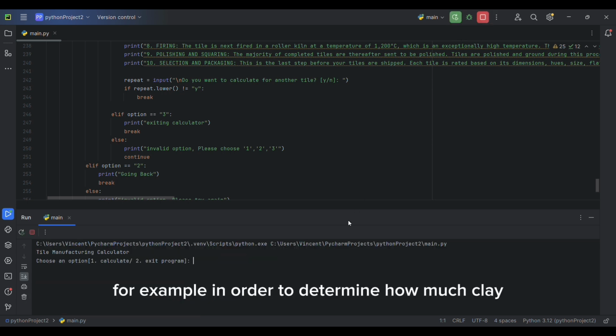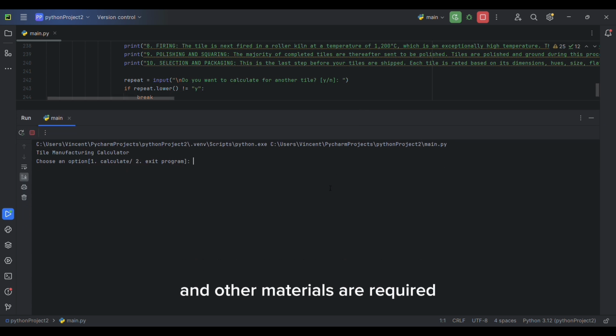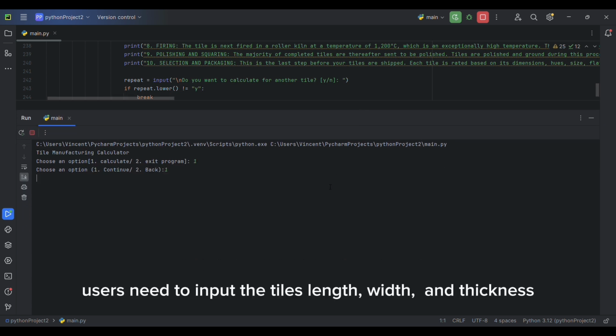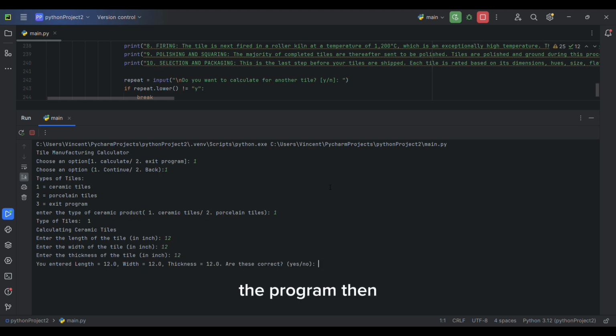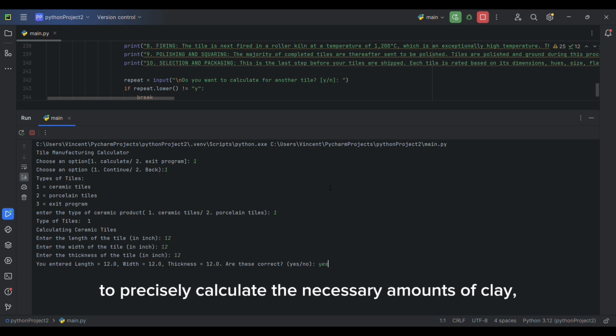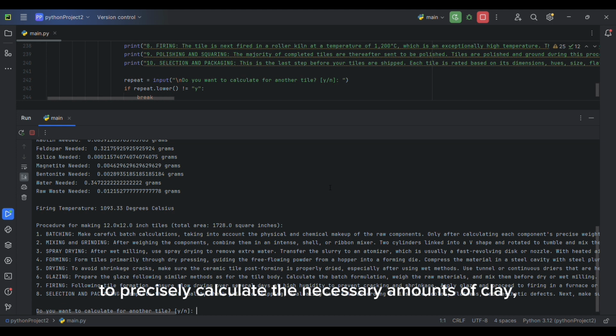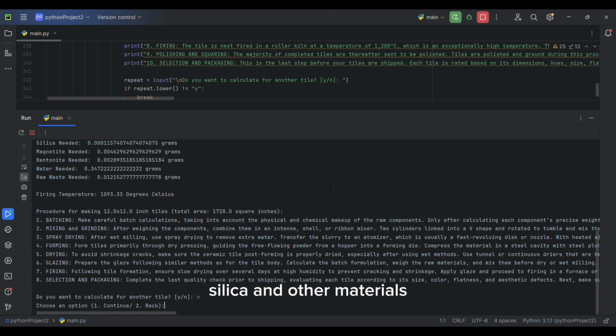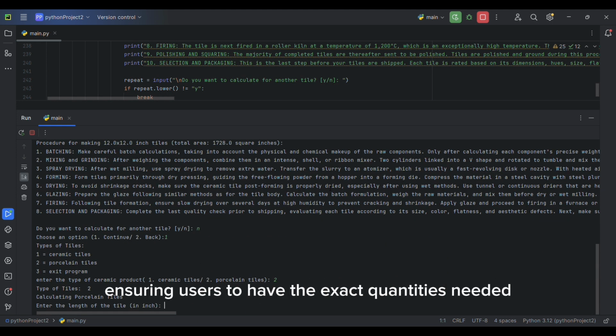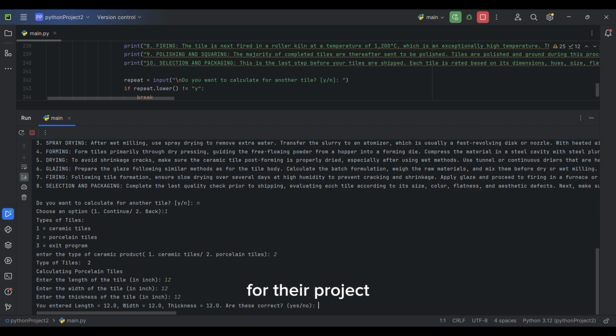For example, in order to determine how much clay and other materials are required for ceramic tiles, users need to input the tile's length, width, and thickness. The program then uses these dimensions to precisely calculate the necessary amounts of clay, silica, and other materials, ensuring users have the exact quantities needed for their project.